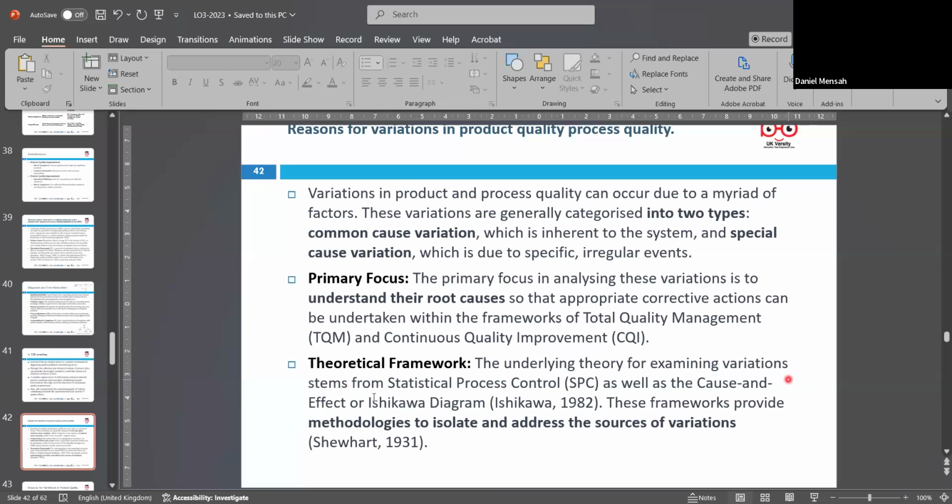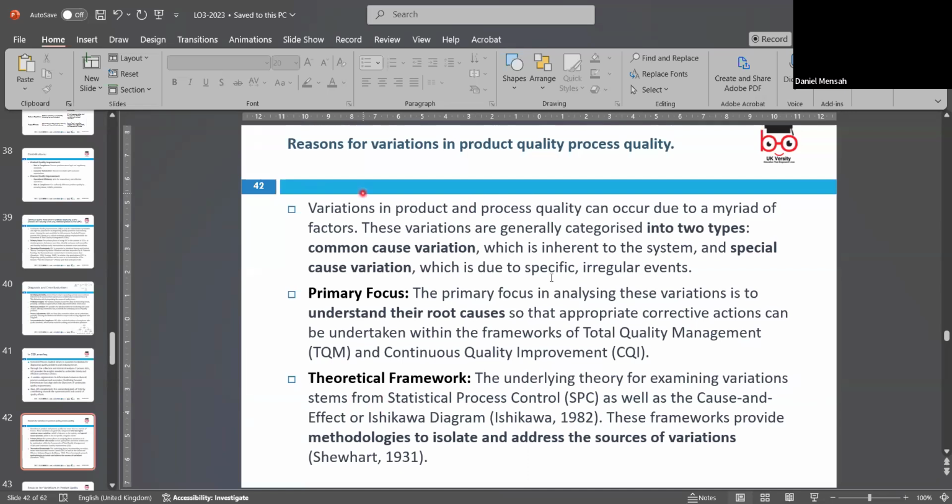This is the approach that works in statistical process control. Okay, the cause and effect approach. They are using this approach. These approaches definitely help to figure out what the causes are, and they try to focus on and target those causes, and they want to get the benefit. They want to solve the problems and bring